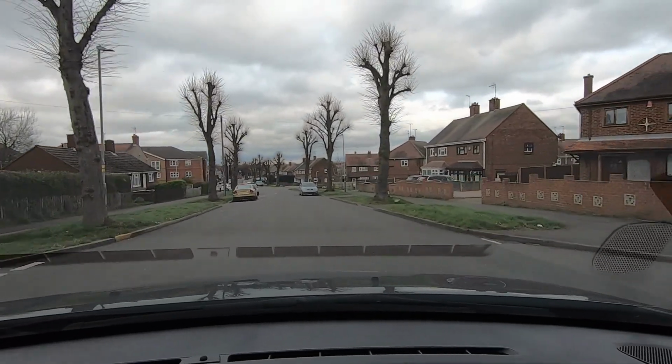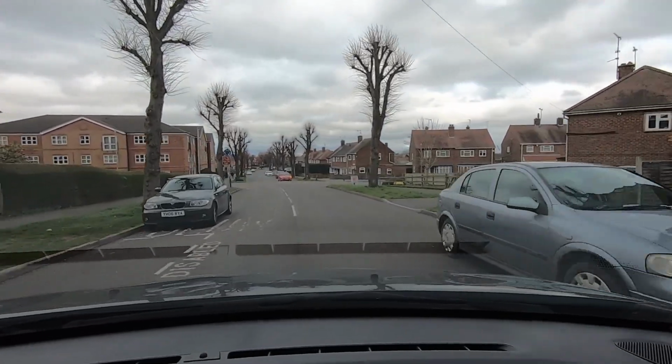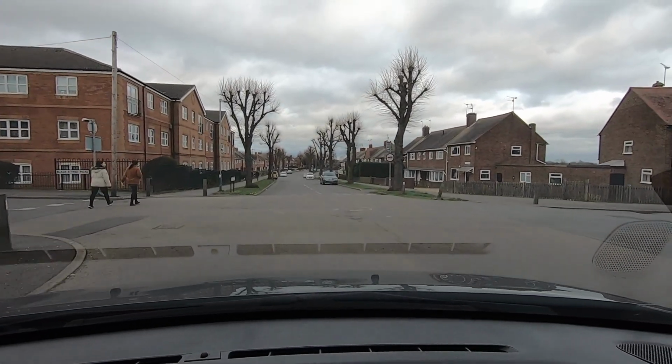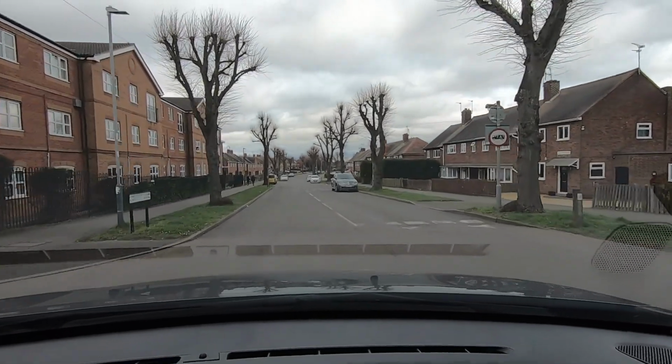And there's a roundabout here, and we're going to go straight ahead at the roundabout, and that's the end of this test really. That's where this test route goes. But if you have a look at where the SatNav takes you, then you'll have a heads up really, and you can have a little practice with that